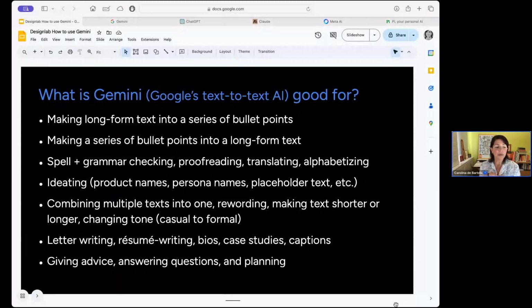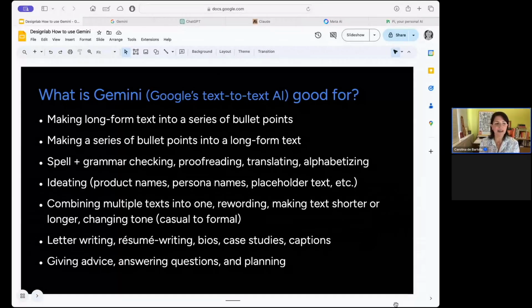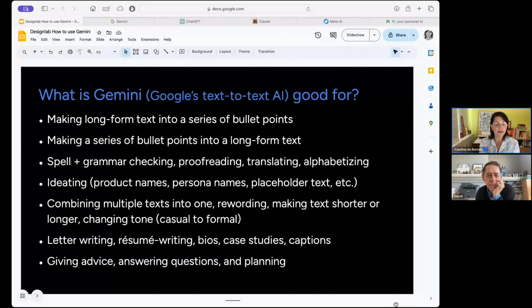Also really nice for ideating. So, you can put your own ideas in there and say, what do you think? And it can help you. Sometimes it's cliche, not the best ideas really. But it can also